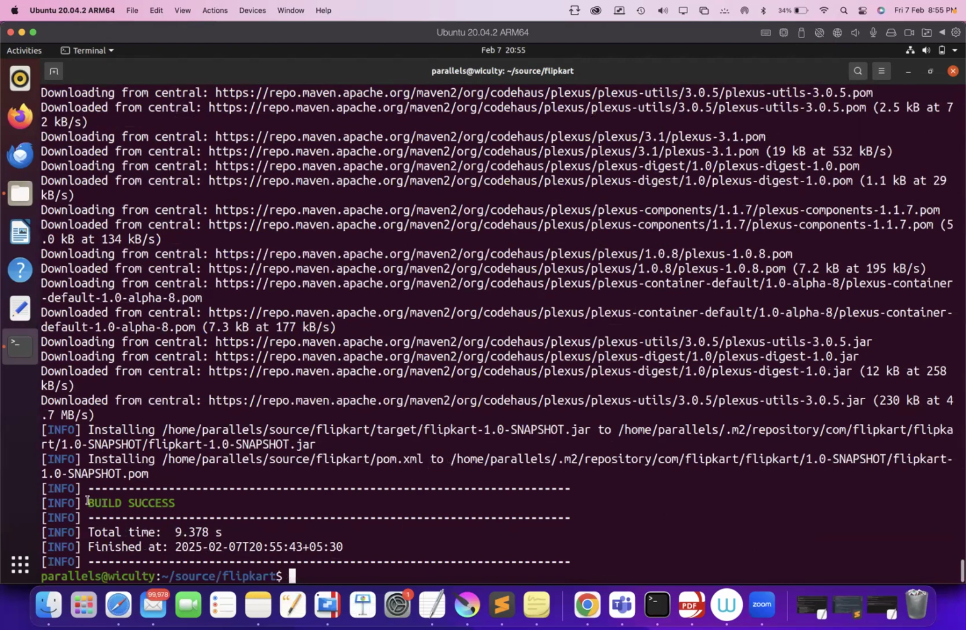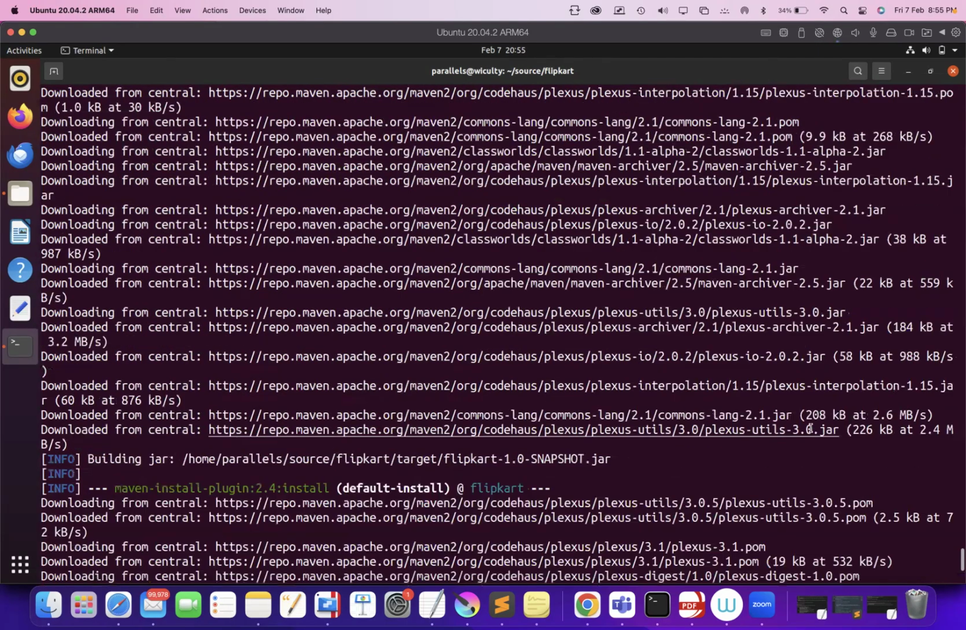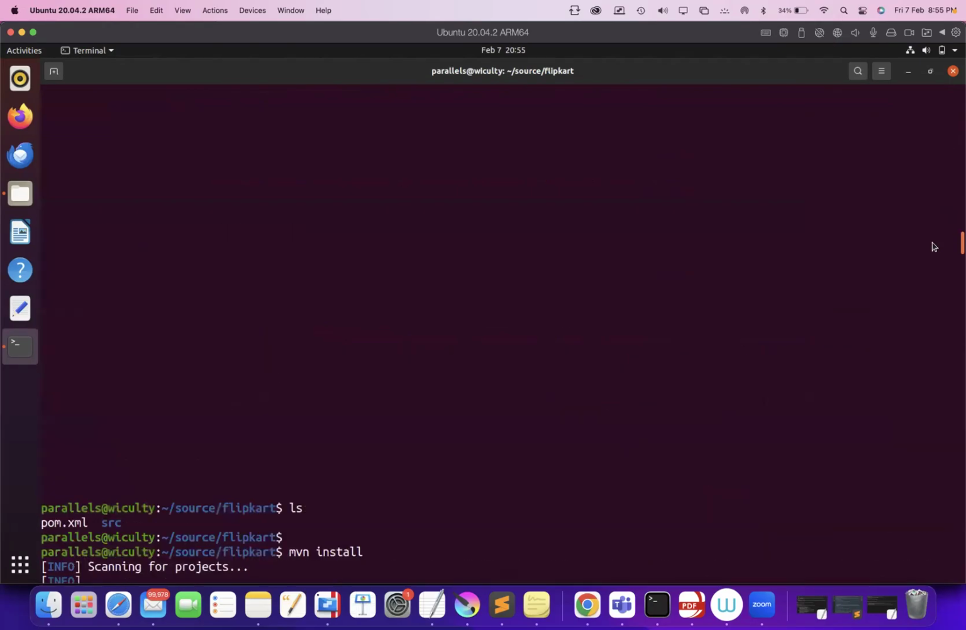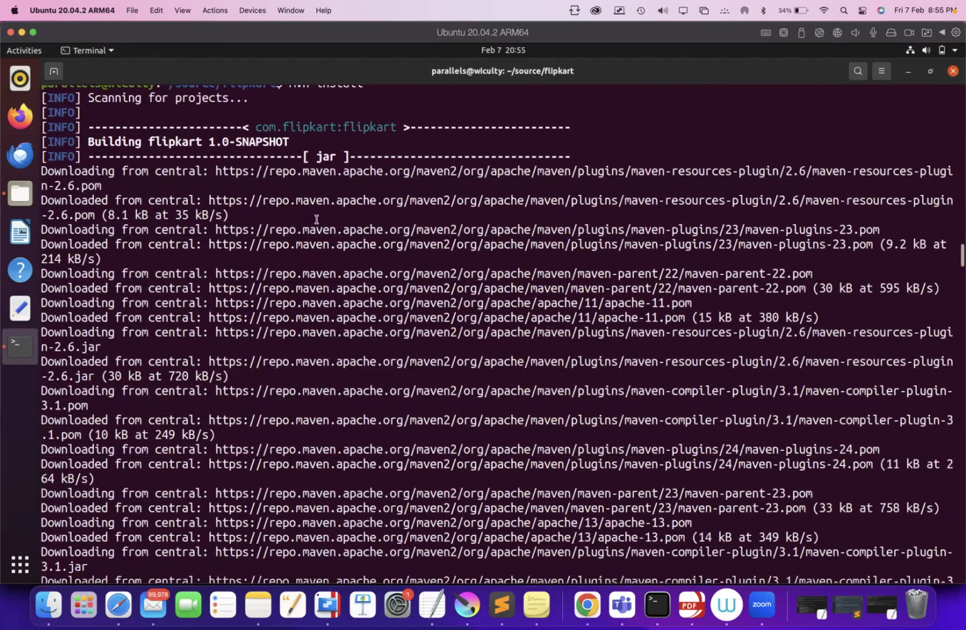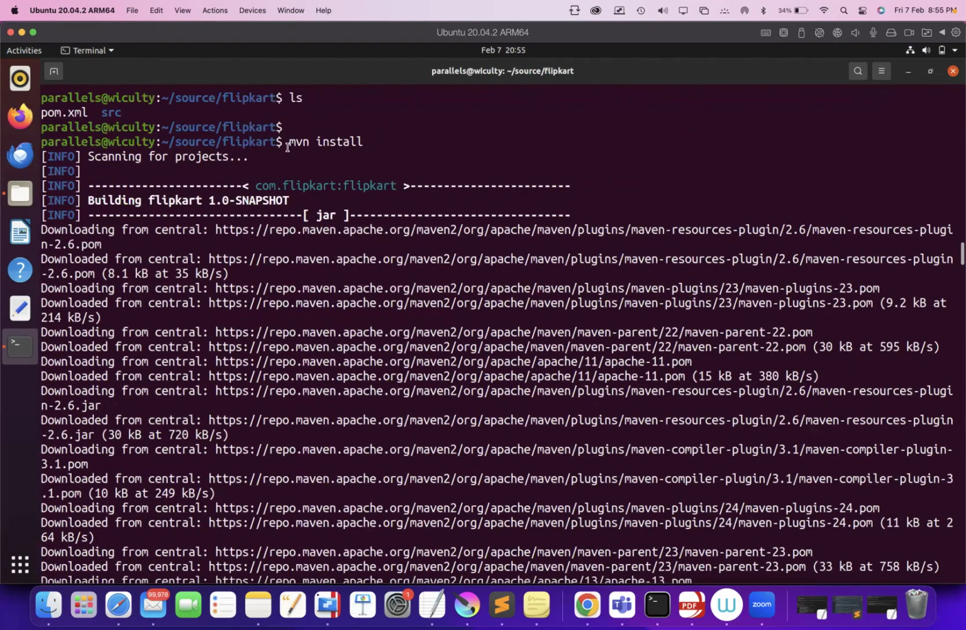Finally, it says build success. It executed all the steps. Maven install. You see what it is doing? Downloading, downloaded,